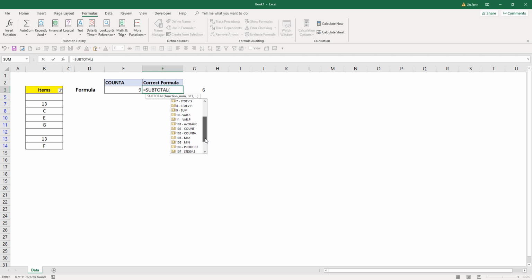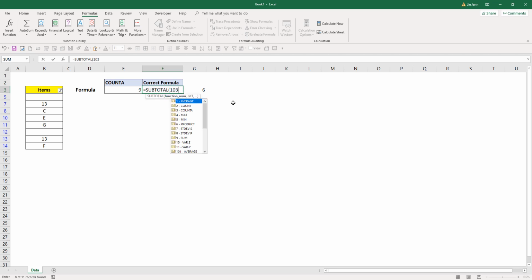The difference between these 2 sets is that for 1 to 11, the function is going to count all the cells regardless of whether they are visible on the worksheet or invisible. And for function numbers from 101 to 111, those functions will only apply to the cells that are visible in your Excel worksheet. So here, if I choose 103, which is the COUNTA function,